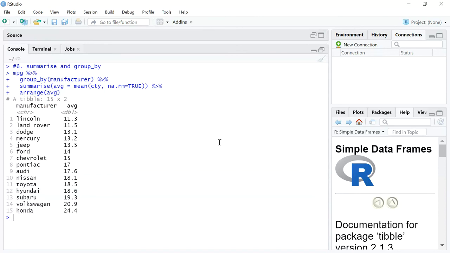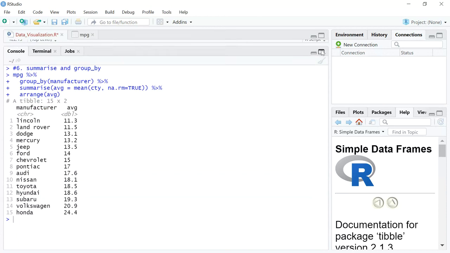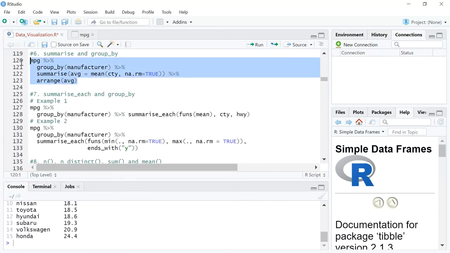Now, the good part about this is that all this that you have just calculated, you can assign to an object. For example, you can assign it to an object A, and then call on A whenever you require.